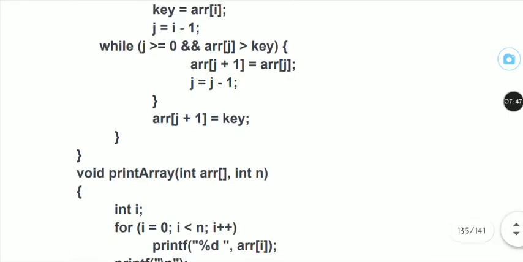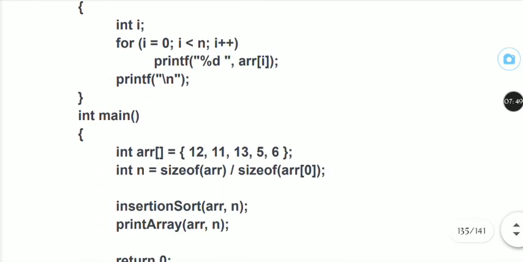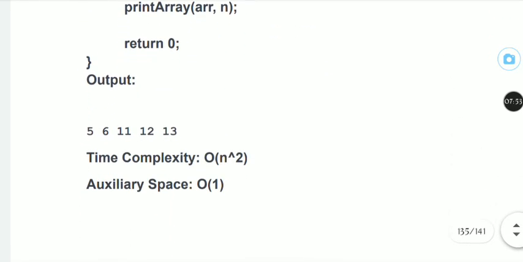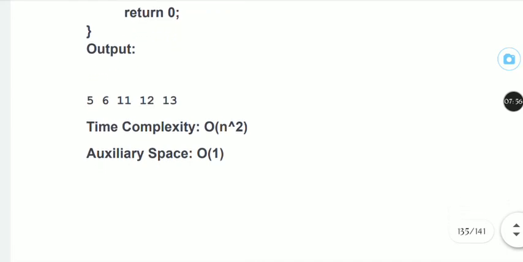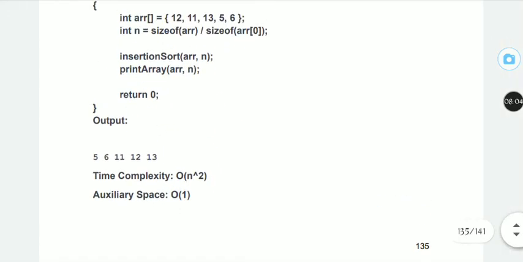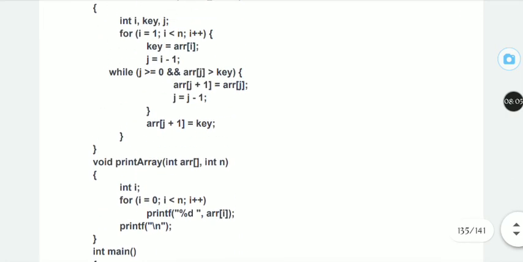Then the element will be inserted in the correct position. The time complexity for this program is O(n^2), and the auxiliary space is O(1).